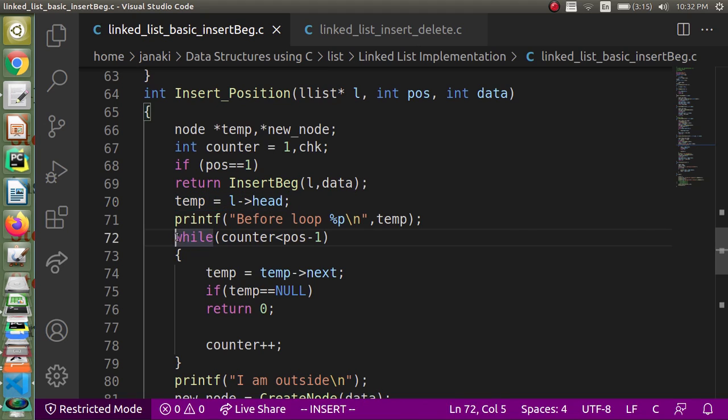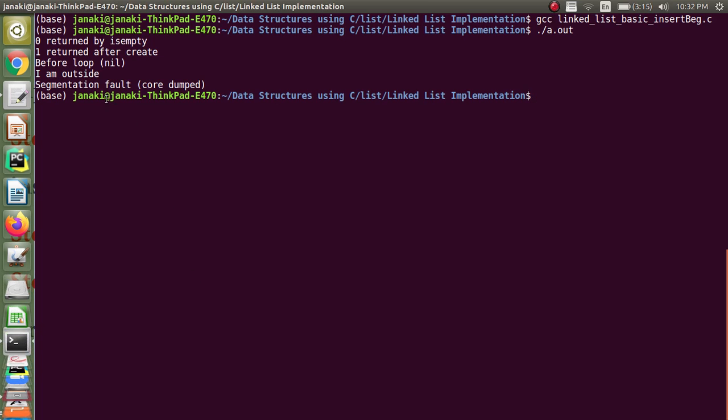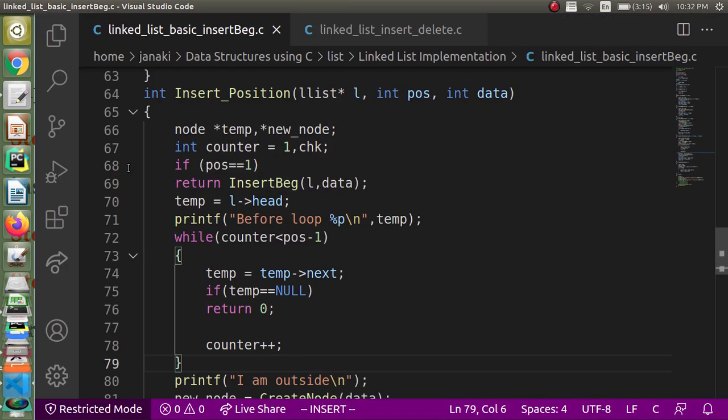Okay, and then we are running a loop. In the loop, what do we say? Counter less than position minus 1. What is the value of counter now? Counter is 1. We have initialized it to 1. Position is 2. 2 minus 1 is 1. So this loop will not be entered at all. 1 is not less than 1. Okay, so it will go outside, print this I am outside, that's what you are seeing here, and after this